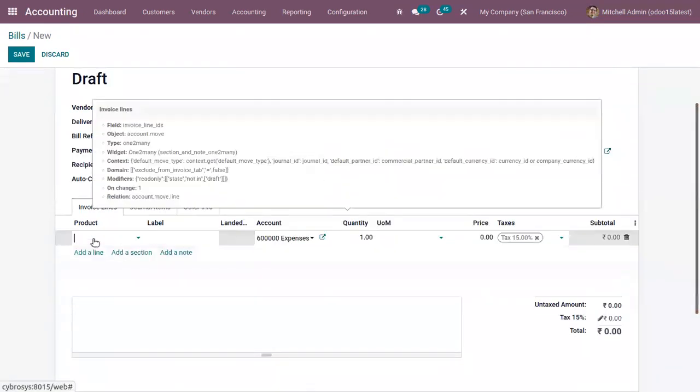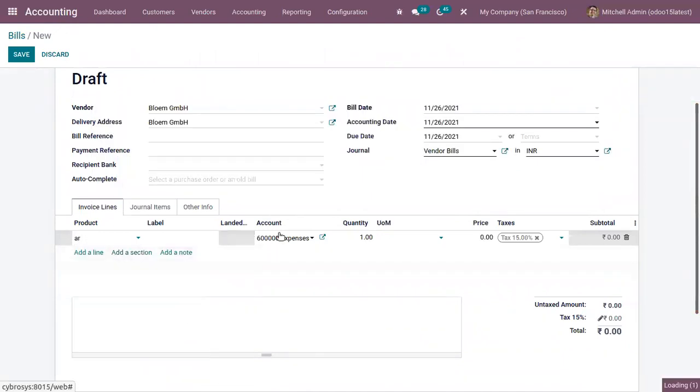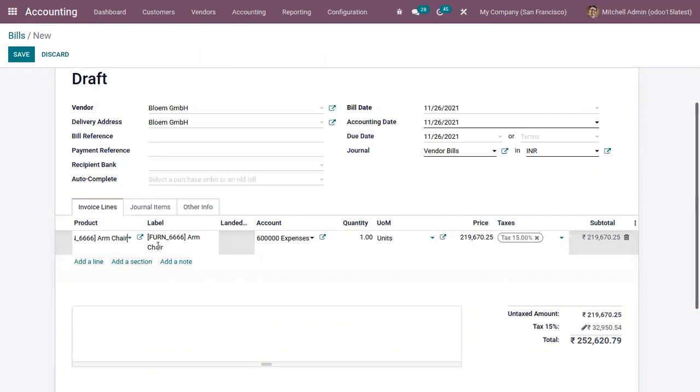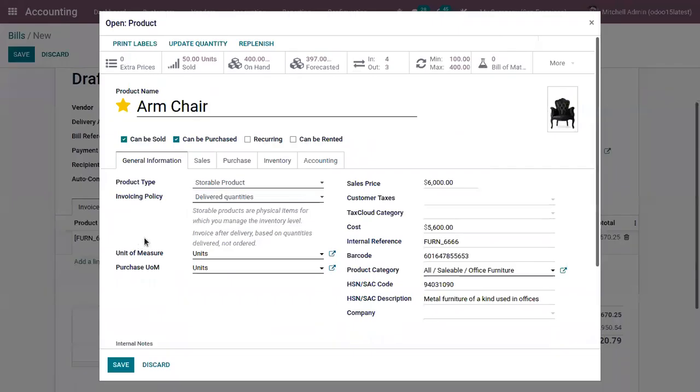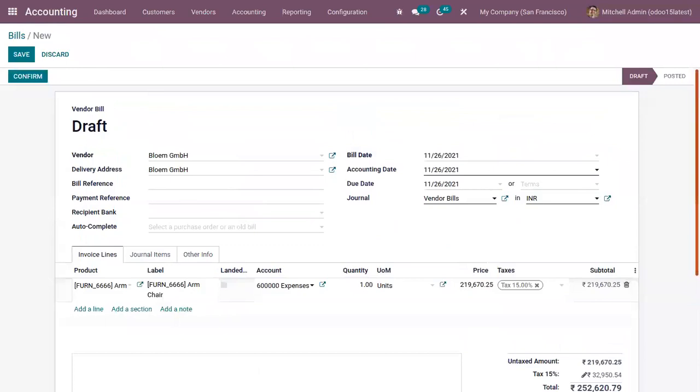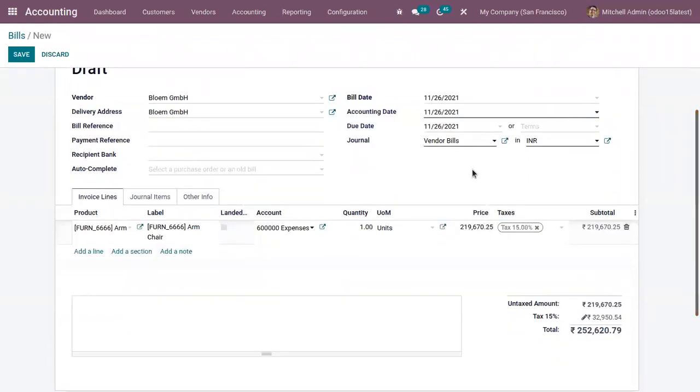Now here let me add a product. So you can find the price is converted to Indian rupee. For this product, you can see the cost price is 5,600. And as we have set the currency as INR for this vendor bill, USD is converted to INR.